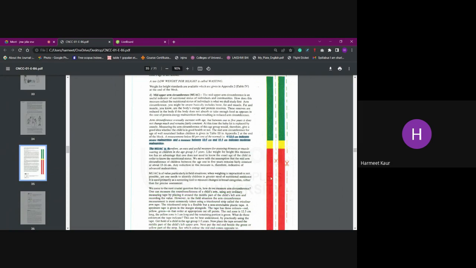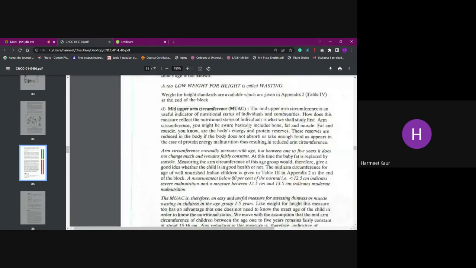Okay, so this is a tricolor tape which we use for assessing the mid upper arm circumference of the child. Whenever the arm circumference is less than 12.5 centimeter, it will be somewhere in this red zone. That means the child has an arm circumference of less than 12.5 centimeter,